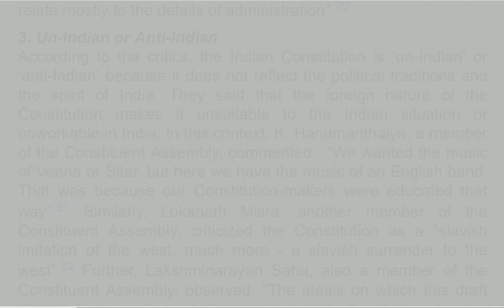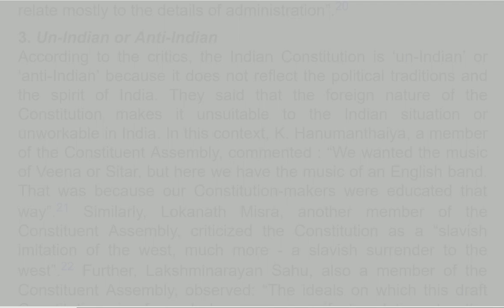Part 7: The States in Part B of the First Schedule, deleted, Article 238, deleted. Part 8: The Union Territories, Articles 239 to 242. Part 9: The Panchayats, Articles 243 to 243O. Part 9A: The Municipalities, Articles 243P to 243ZG. Part 9B: The Cooperative Societies, Articles 243ZH to 243ZT. Part 10: The Scheduled and Tribal Areas,